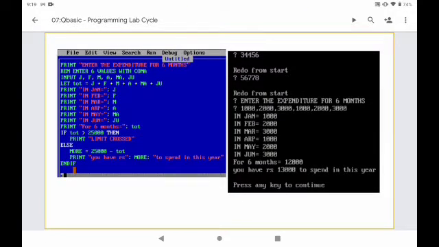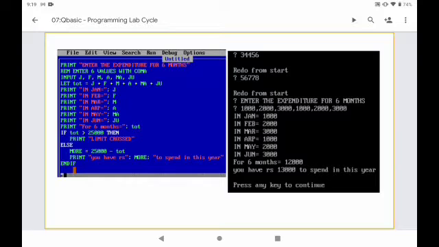on the right side. Actually in this area I have entered some values, but I didn't enter any comma or anything like that. I have randomly entered a number. Then at that second I got an error. That means redo from start. So I have to enter the values from the start. Again I made the same mistake, because I wanted to check how it is working. So again it is asking me to redo from start.